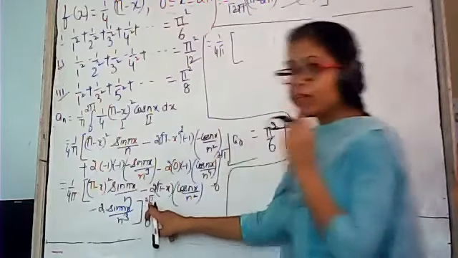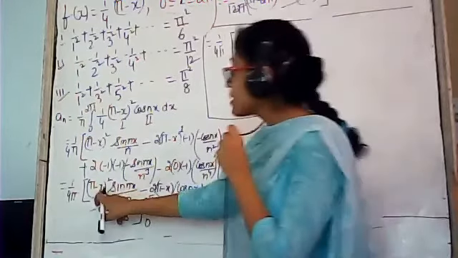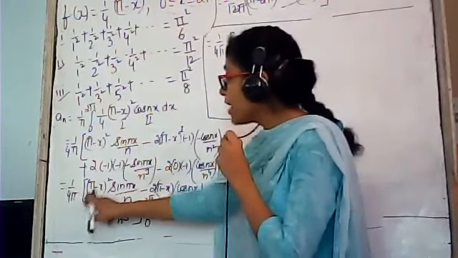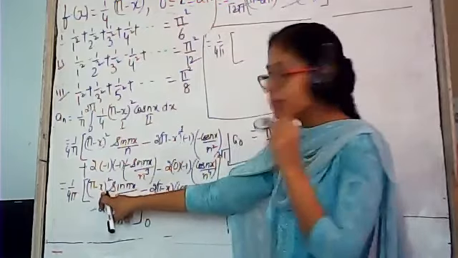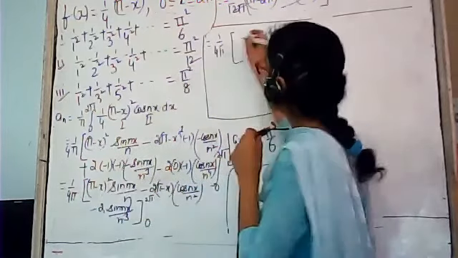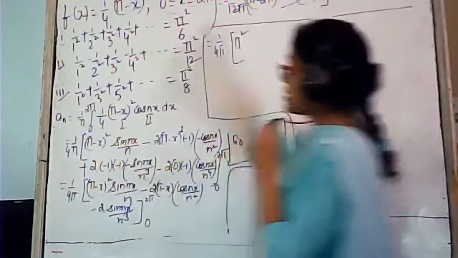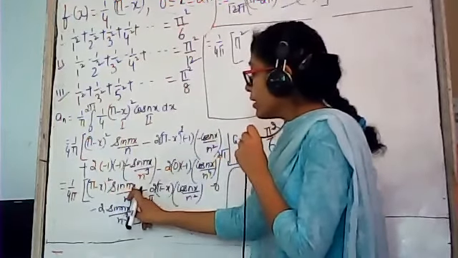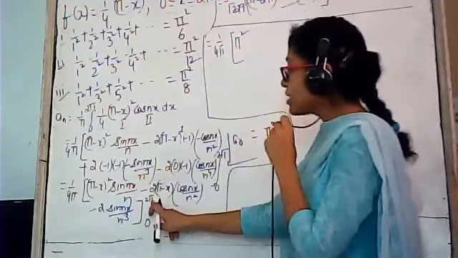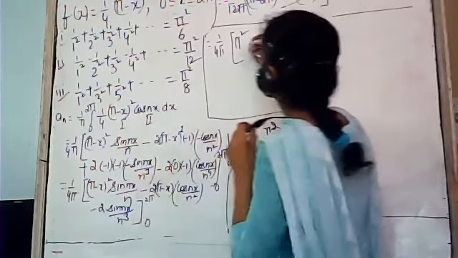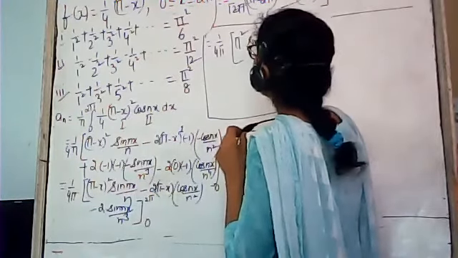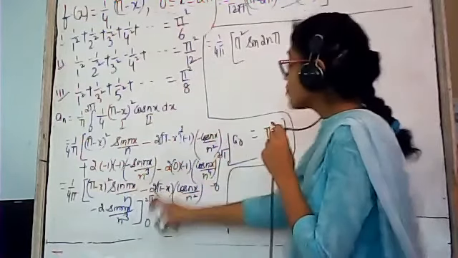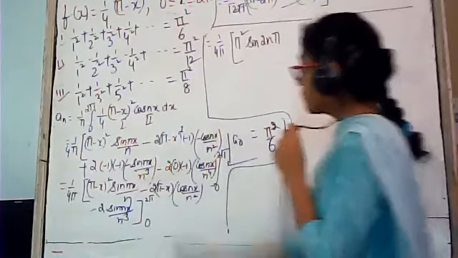First of all, the upper limit. The upper limit is 2 pi. Substitute 2 pi here. You will get pi minus 2 pi, and pi minus 2 pi will be equal to minus pi, and minus pi the square will be equal to pi square. Sine n, in the place of x, we have to replace 2 pi. We will get sine of 2n pi. This n is as it is.